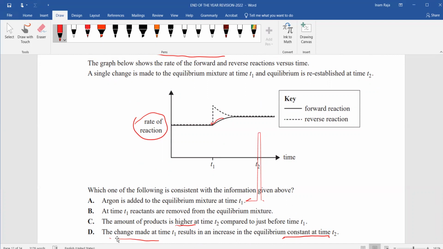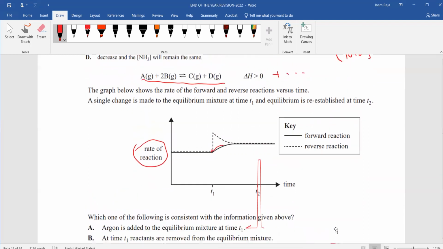Now these two questions, the equilibrium constant, which is Kc, can only be changed if the temperature is changed. If anything else is changed, it cannot change the value of Kc. But if the temperature is changed, it will change the Kc. The thing is that the amount of product is higher. That is possible. If the product is added here,